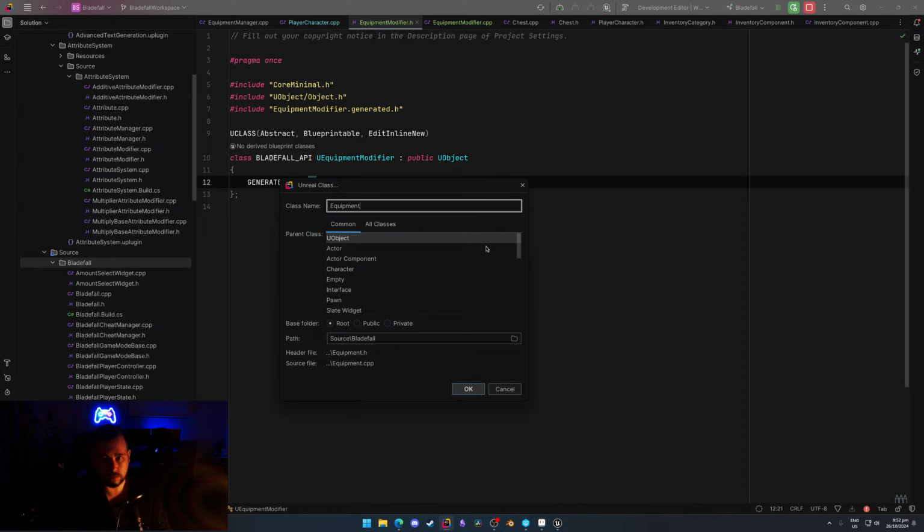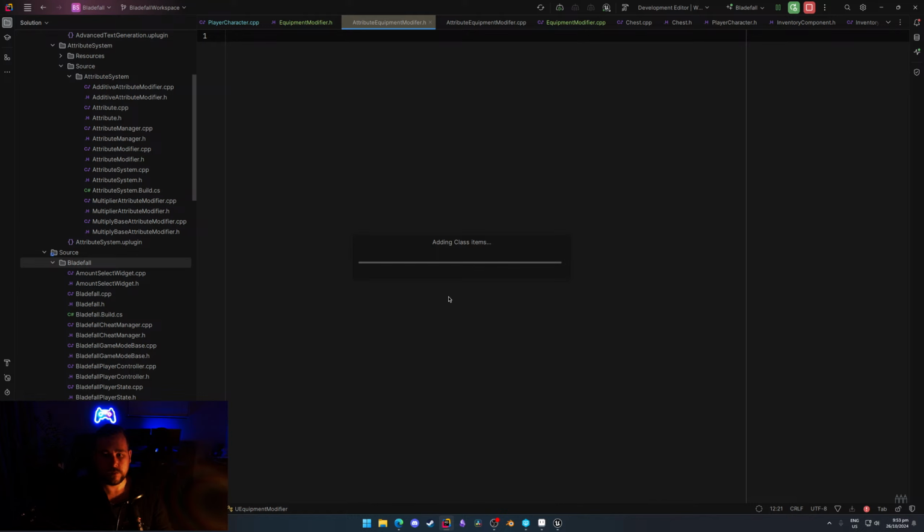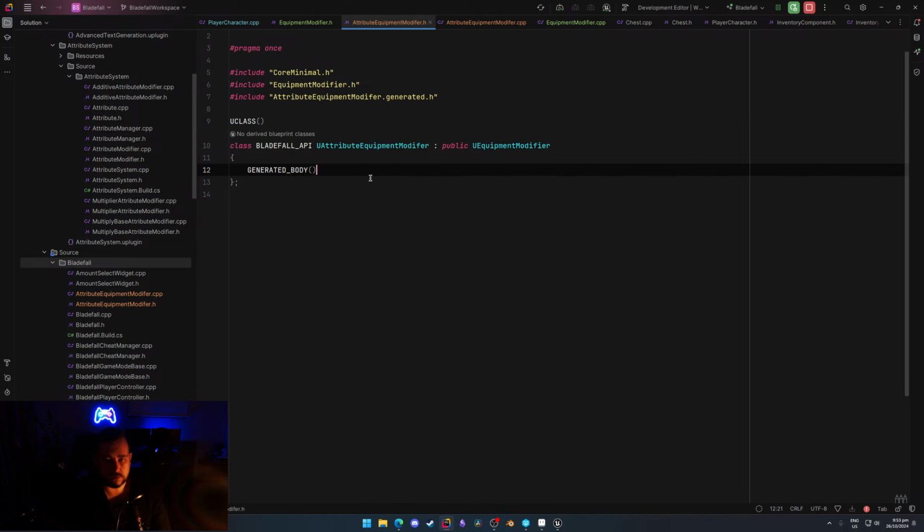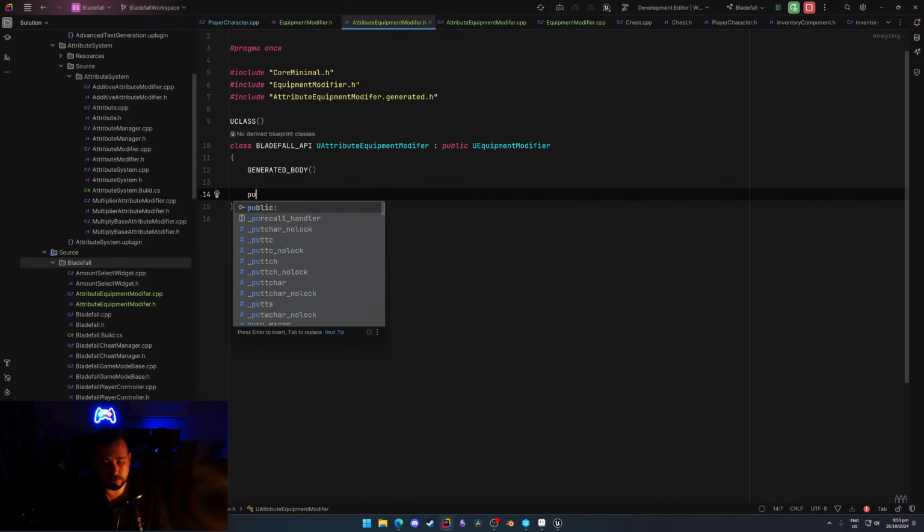No, attribute equipment modifier. That should be fine. I don't know what just happened there, I just zoned out for a second. Equipment modifier. Okay, and this one won't be abstract. This one will actually put some stuff in. So this will be